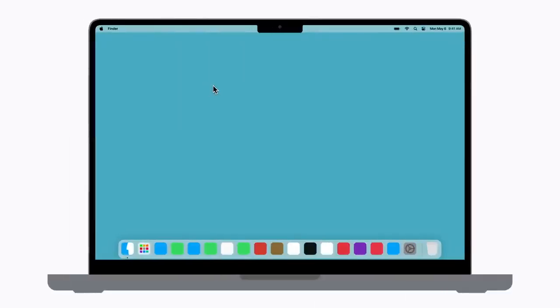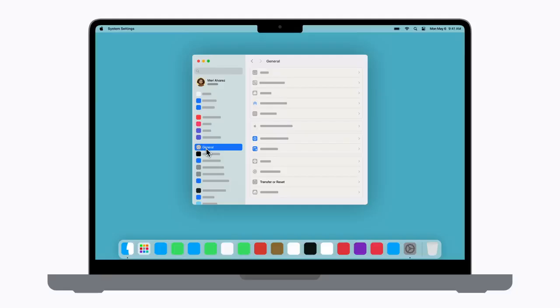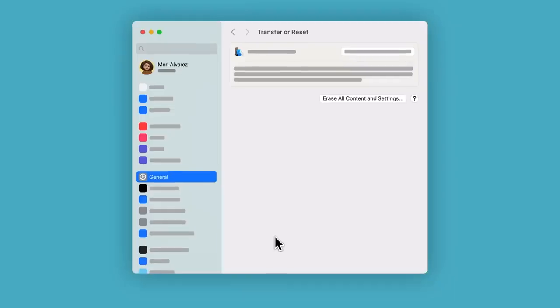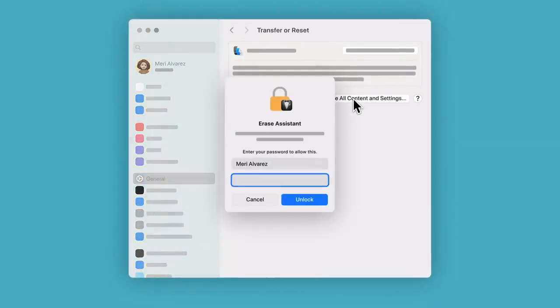First, click the Apple menu in the upper left corner of your screen. Click System Settings. Click General from the System Settings sidebar. And then click Transfer or Reset on the right. Next, click Erase All Content and Settings and enter the administrator password you used to log in to your Mac. Now click Unlock,